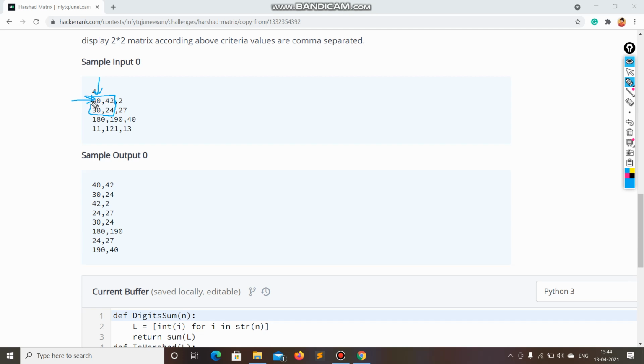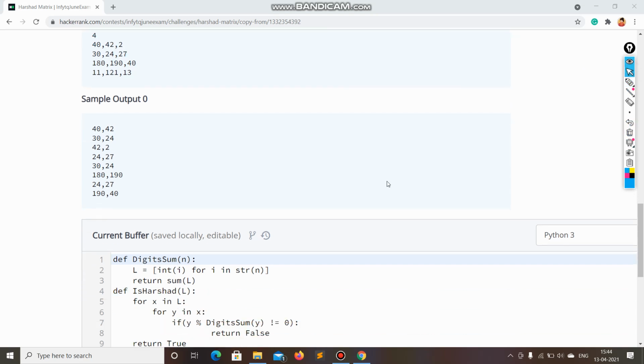For suppose my columns are 3, so 1 2 3, I will traverse up to 3 minus 1, because when I came here there is 42 and 24. When I came here there are no other elements, so I will traverse up to 3 minus 1. This is my simple strategy.